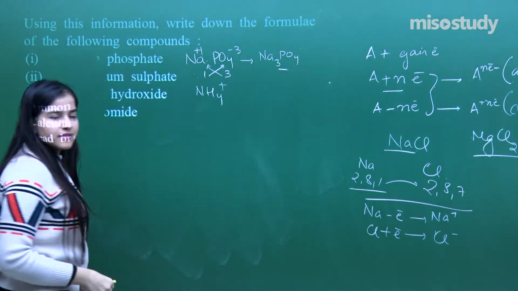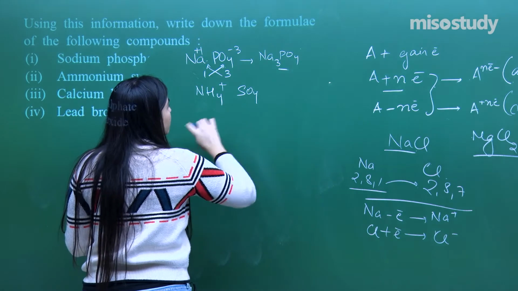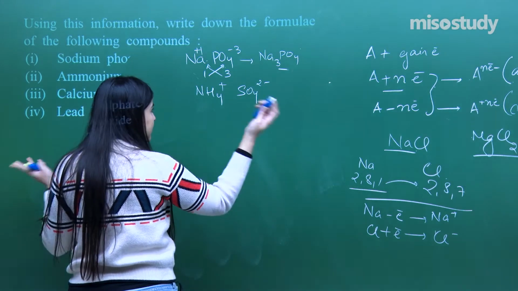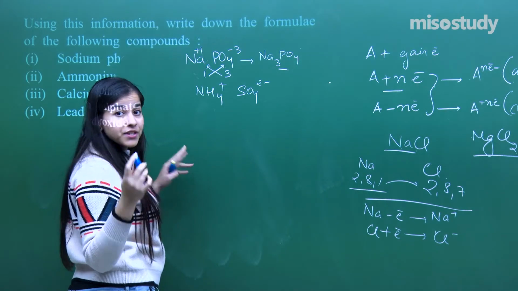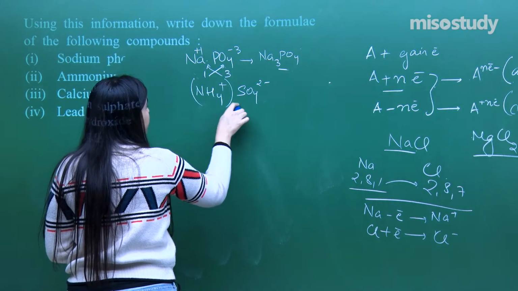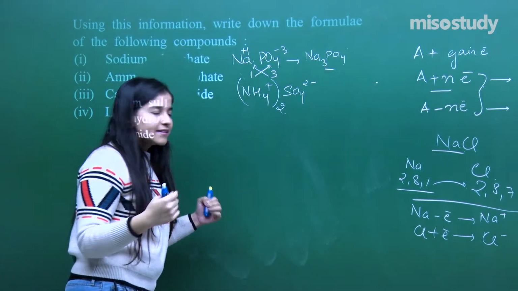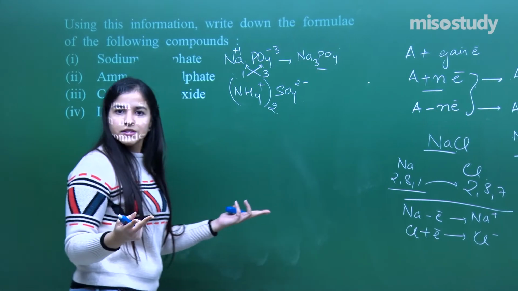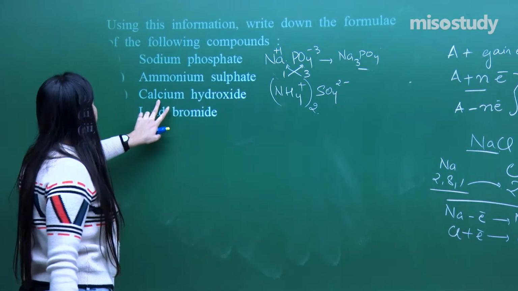The ammonium ion has a +1 charge, and sulfate, SO4, is 2 negative. Need to equate it once again. So -2, over here also it should be +2. That means I need to make it twice. That is the formula. Or else you can do the regular, classical way of cross multiplication. So you have to always go by the logic.